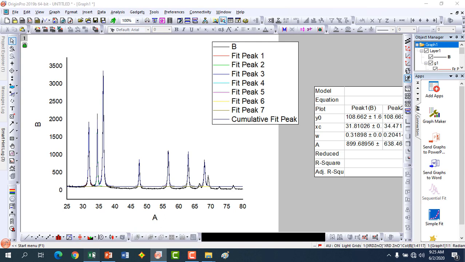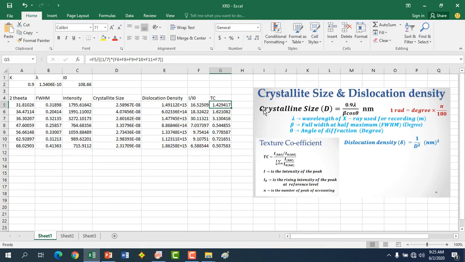Then only do you get the texture coefficient of that particular peak. All the other peak intensities should be in the denominator, summed over. Then you can easily get the texture coefficient.